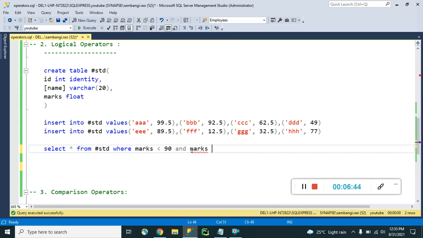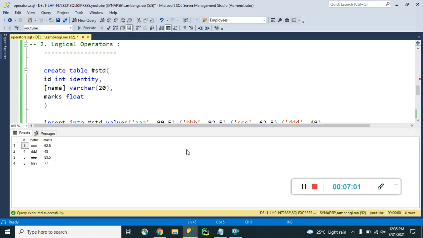When we want to apply more than one condition, we need to use a logical operator. It might be AND, it might be OR, or it might be NOT. The AND operator will give us, see guys, those who have 35 marks. Okay, this time this is the result, right?